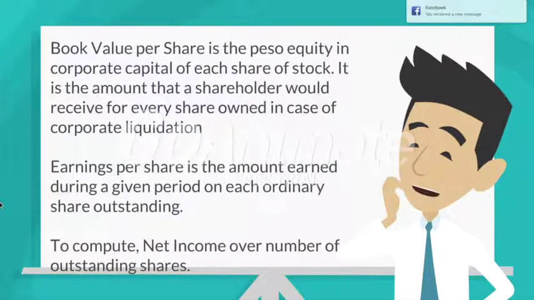Book value per share is the peso equity and corporate capital of each share of stock. It is the amount that a shareholder would receive for every share owned in case of corporate liquidation. Earnings per share is the amount earned during a given period on each ordinary share outstanding. To compute, net income over number of outstanding shares,